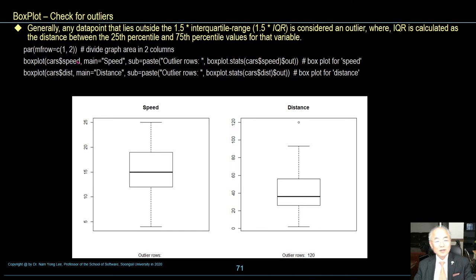These are the commands for box plot to spot outliers.